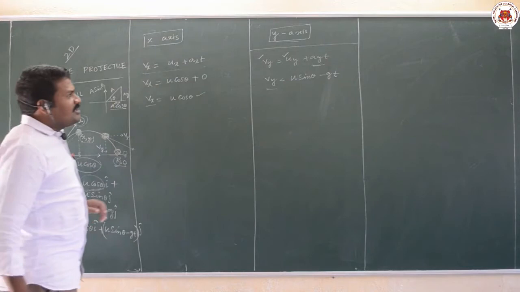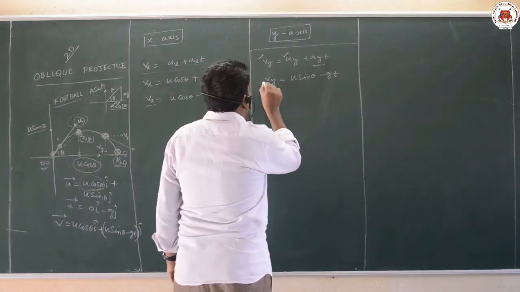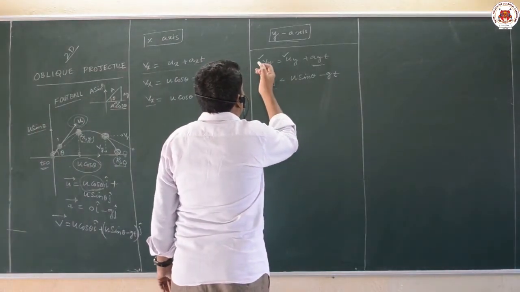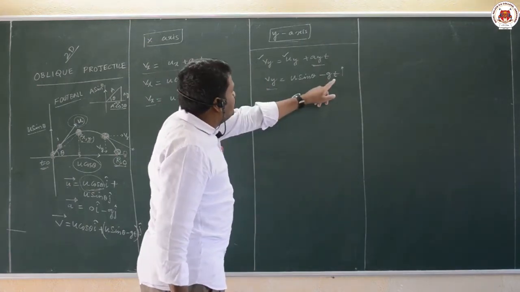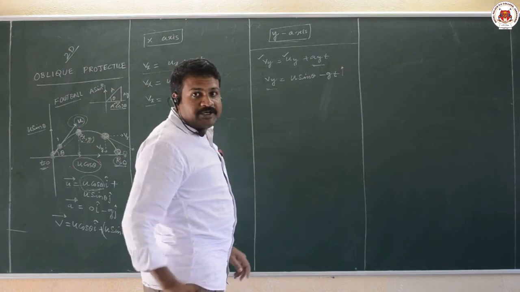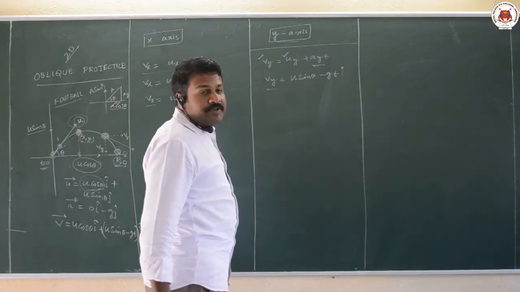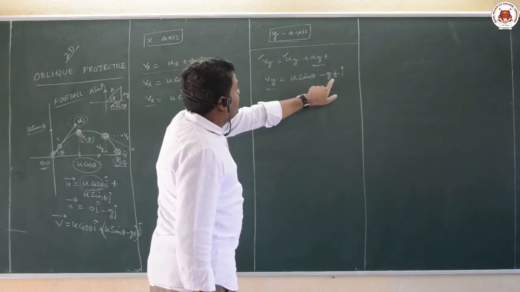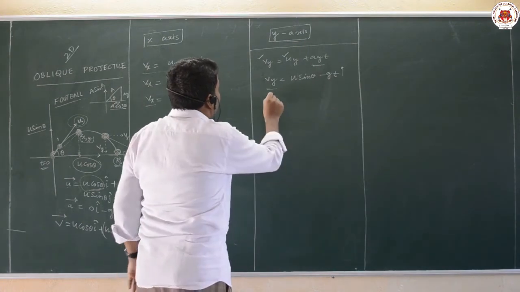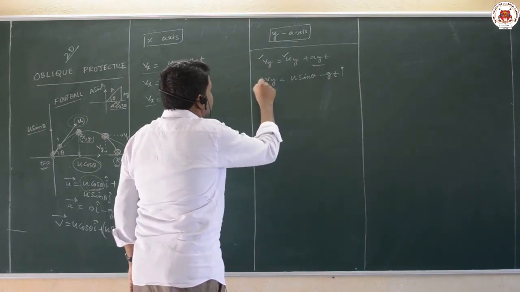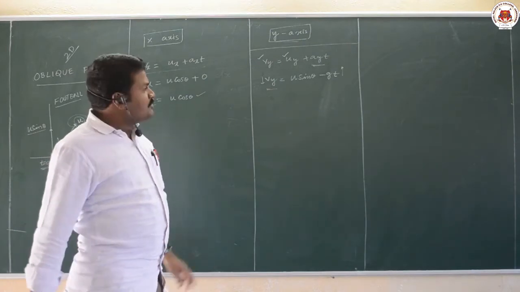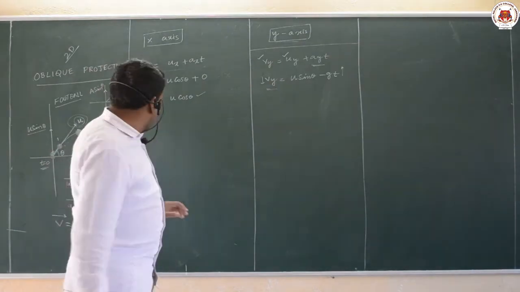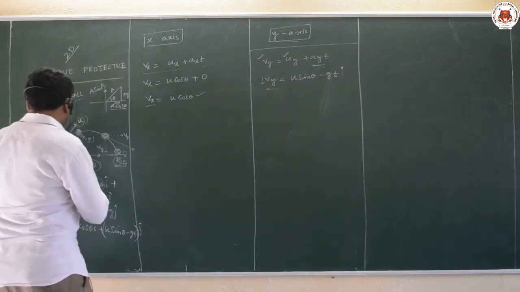With this, what we can understand is, as time progresses, if I increase time, at time t is equal to 0, velocity was u sin theta. If time increases, this value increases and the vy value will decrease. That means there is a possibility that it may become 0. So at what time it becomes 0, that you have to understand in the diagram here.